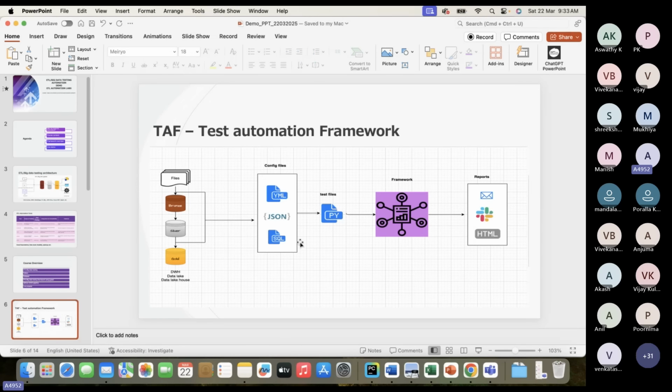So once we have these configuration files, we create test files. Pytest will accept the test files as your test cases. Inside the test files, we write the test methods. These test methods and the configuration files will be fed to the framework. In the framework, we have written almost 30-40 different data validations and data quality check functions. Whatever data you are passing will be fed to this framework. The framework will do the necessary reads and necessary validations, and then give us one report or multiple reports.